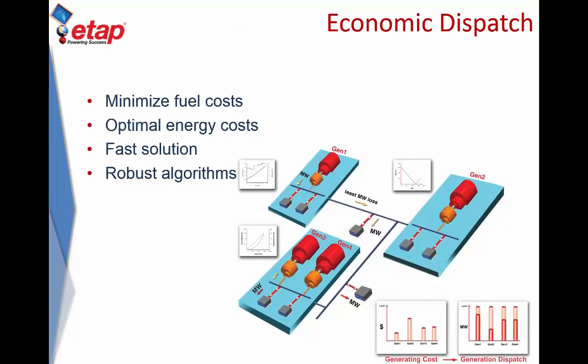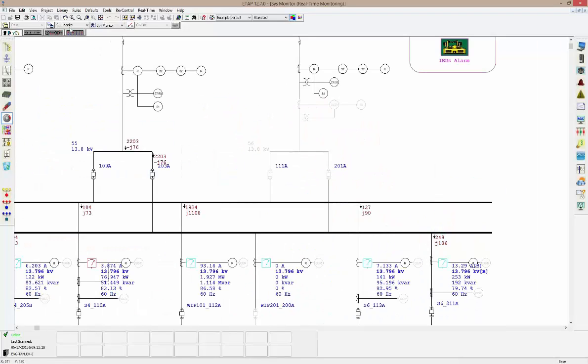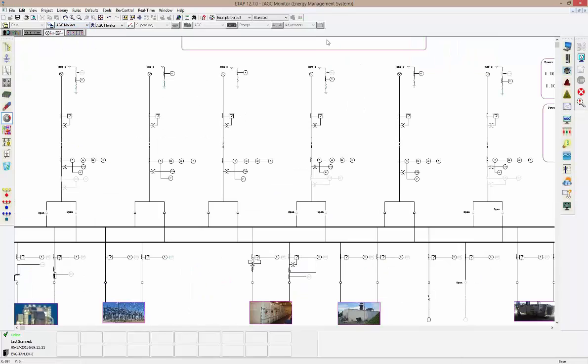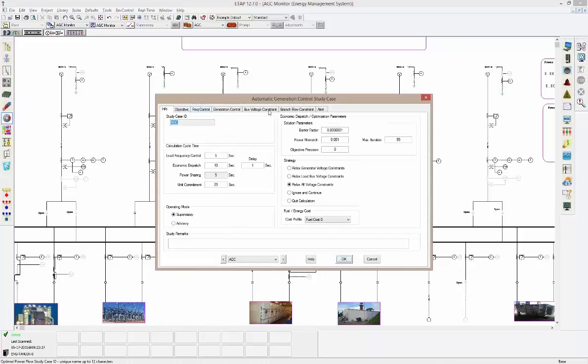So as far as the program is concerned, I will jump straight to the mode in which I'm actually running my optimization. And before I actually start the optimization process, I can define a control case or scenario. I can have multiple scenarios. So what it allows me to do is set up different strategies for different ways of operating the system. That means if you have a different control strategy in summer versus winter, or if you have a different strategy during day or during night, or under various unique operating conditions of the system, these can be pre-created by the engineer and made available to the operator with an easy to recognize name, so that the operator can easily switch between the control strategies without having to reconfigure